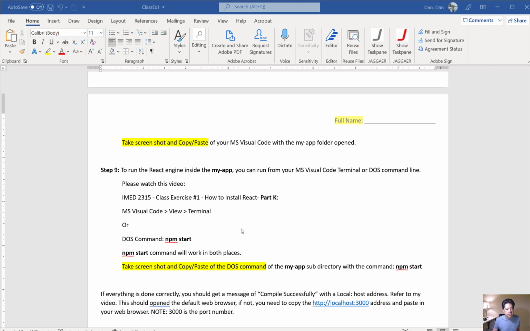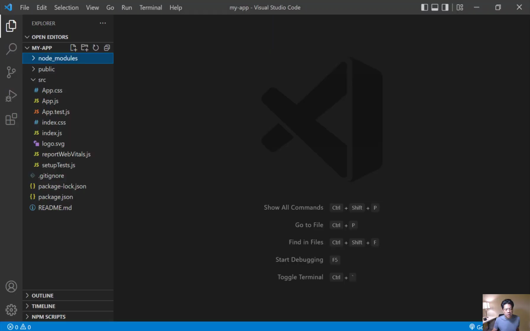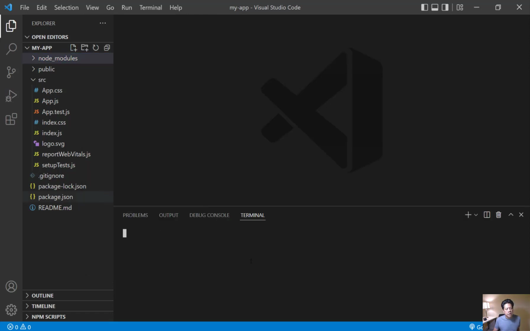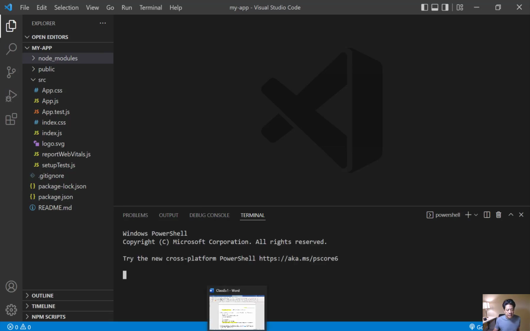But inside, if you're doing this with Microsoft Visual Code, you can actually go to your Visual Code and do View, Terminal, which is this one right here. All right, and you can see here's your terminal right here. In my handout, make sure it has your prompt and everything in here. And in my handout, I ask you to run